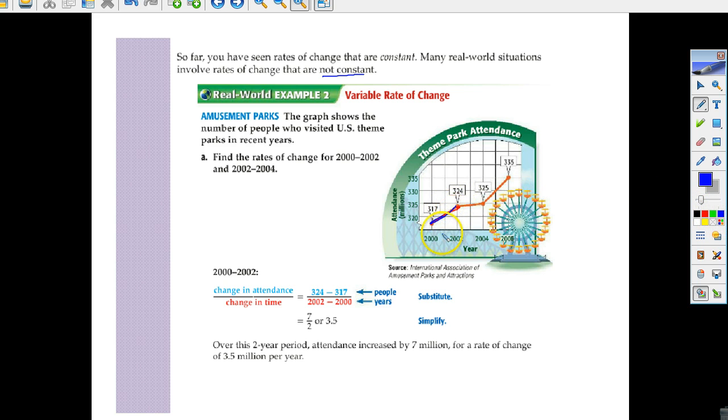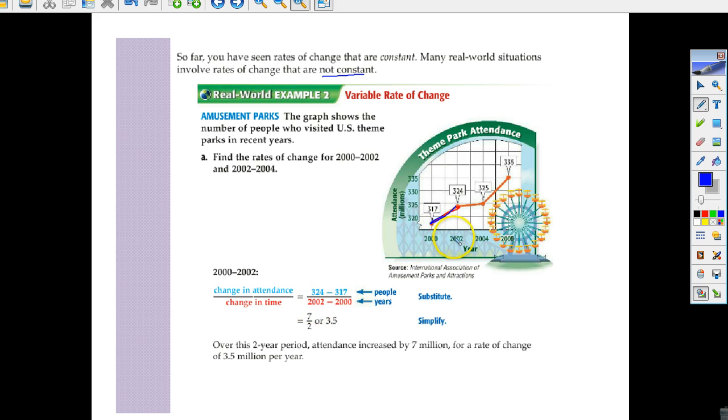So right here, that's the change in these 2 years. Okay, so the years would be the independent variable. So that will go on the bottom. The dependent goes on top, depending on the years that people change. So the years from 2000 to